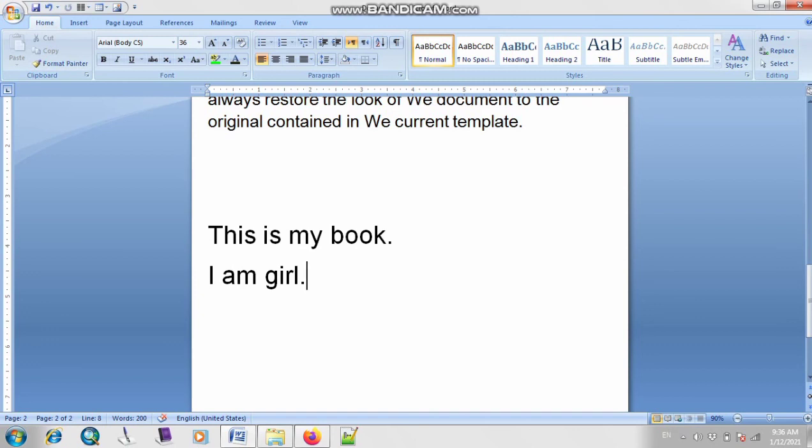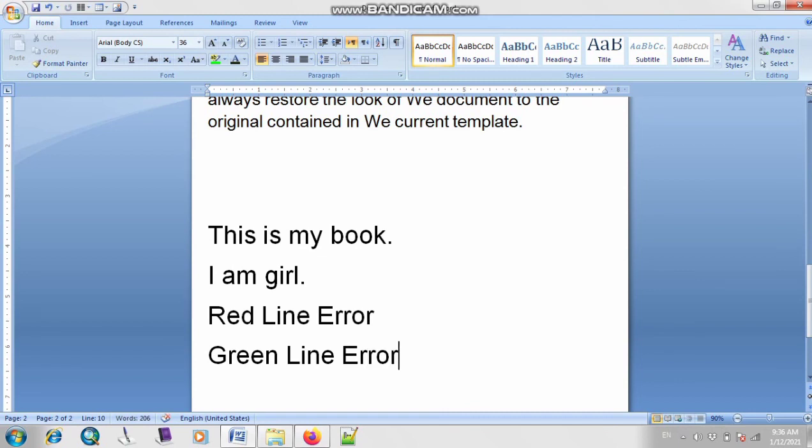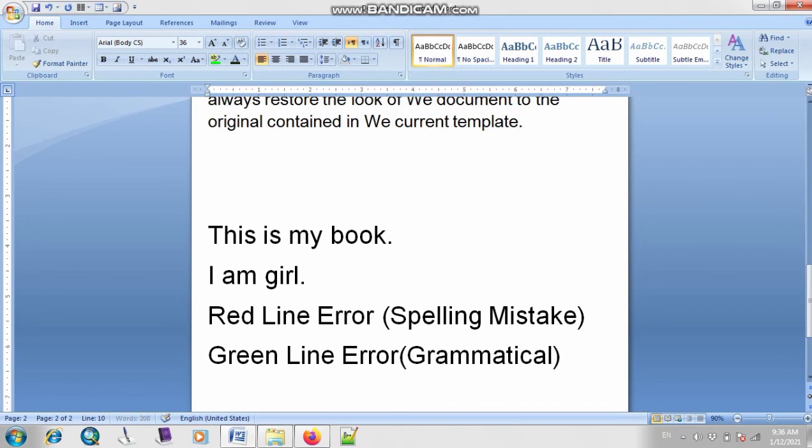So, let me write here, red line error or green line error. Basically, the red line appears when there is a kind of spelling mistake, and the green line appears when there is a grammatical error or grammatical mistake.